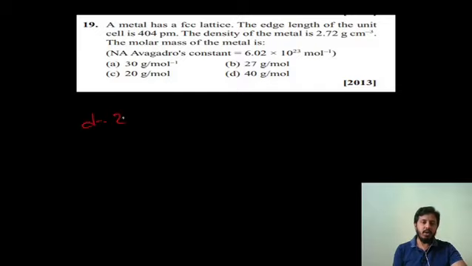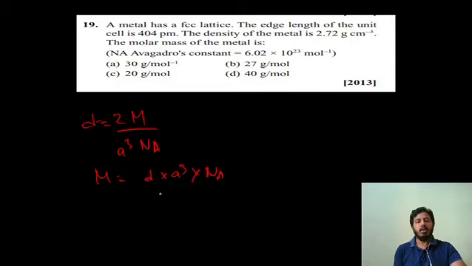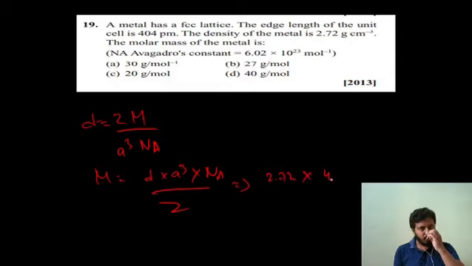So we have a formula, density is equal to Zm divided by a cube Na. On rearranging, we can calculate M. M is equal to D into a cube into Na divided by Z. What's the density? 2.72 gram. A cube, I have given 404 picometer, which can be converted into centimeter first, that is 4.04 into 10 power minus 8 whole cube. And Avogadro number of particles 6.02 into 10 power